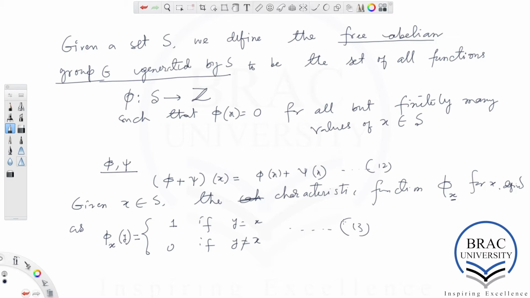It's the free abelian group generated by the given set S. Okay, it is taken to be all functions phi from S to Z such that phi at any point is non-zero for only finitely many x in S. Okay. So now I need to find a basis for the set of all such functions. Okay. And